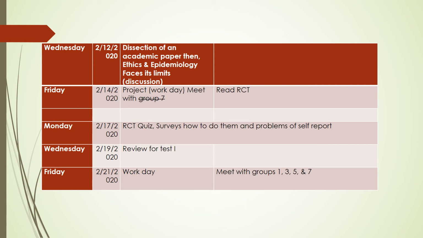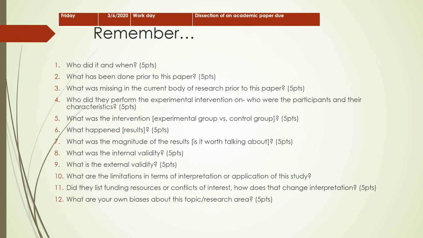I will make a review, like I already have it. I just need to slice out a couple of parts to make sure that it's all good. And then on Wednesday, we'll finish whatever we haven't finished lecture-wise, and we'll go over the review for the test. Again, it should be relatively easy, at least I think it will be. Then we'll have a work day for all of the groups that are even numbered, and all the odd numbered groups, I'm meeting with them on those days. Everyone good with that? Okay. And then the following Monday will be our first test, which hopefully I'll get done really quick.